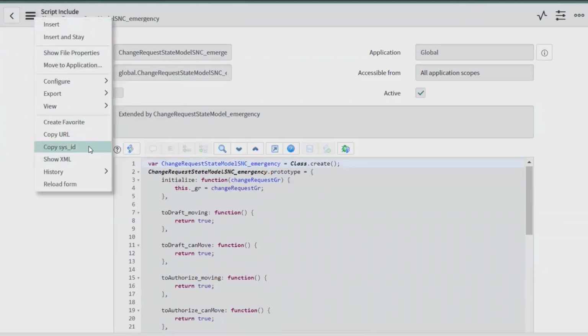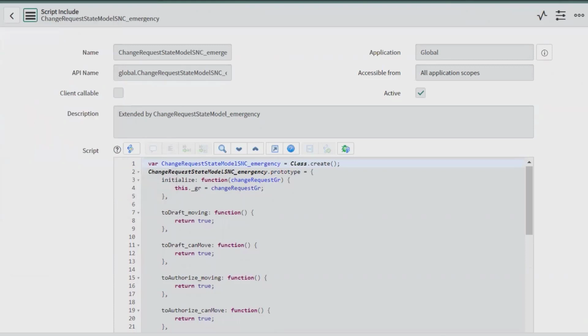Simply copy the complete script and create a new system definition script include. Click new, and from there add the name of the new script include to match the value of the new type. For example, ChangeRequestStateModelCustomExpedited.